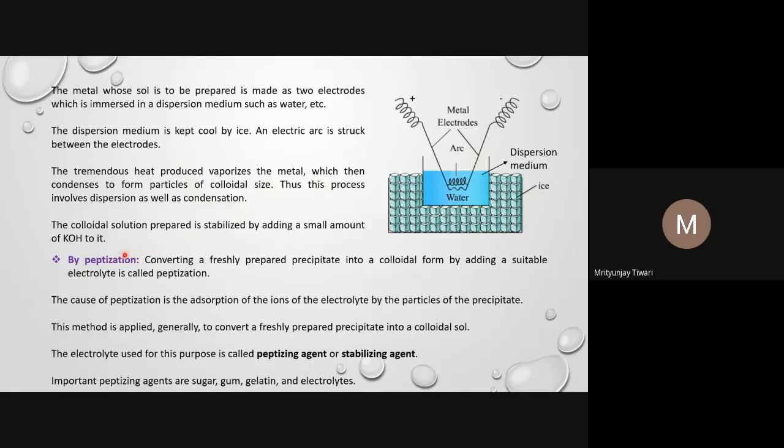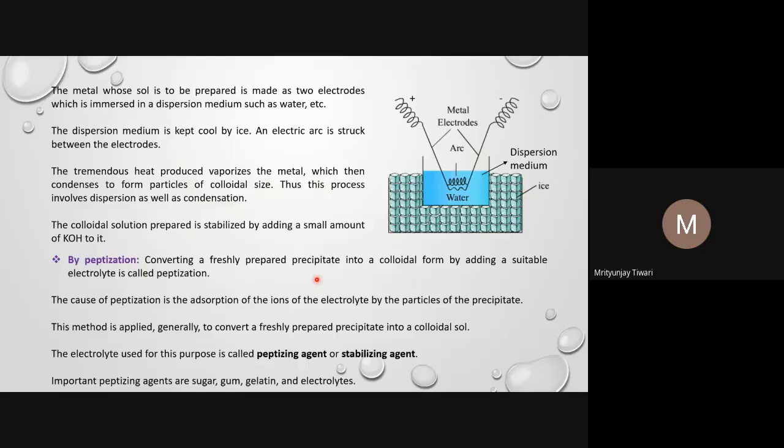Now let's see this peptidation method. The peptidation method also comes under the dispersion method. What is peptidation? Converting a freshly prepared precipitate into a colloidal form by adding a suitable electrolyte is called peptidation. So during a chemical reaction, once the precipitate is formed, this is just the freshly prepared precipitate. Now by adding certain chemical reagents, which could be electrolyte, if you make the colloidal size particles, this process